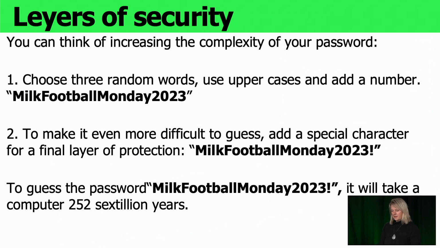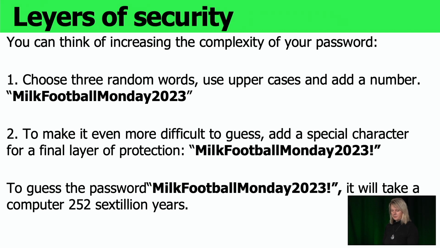And here are some other examples of how you can increase the complexity of your password. You just add different symbols or length to the password. It makes it more secure and really hard to guess.